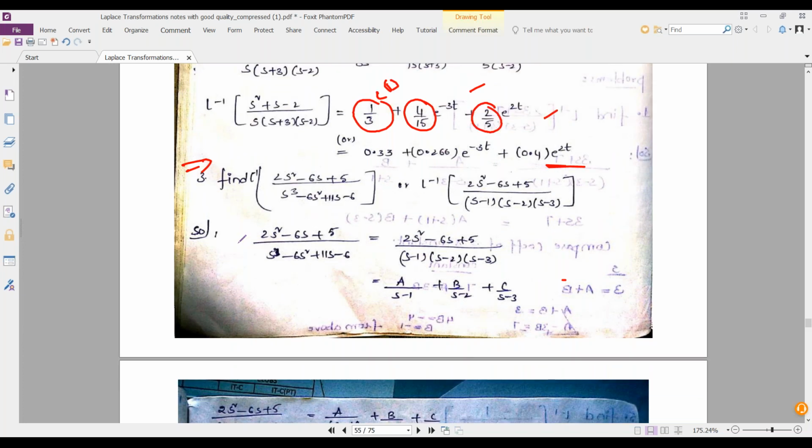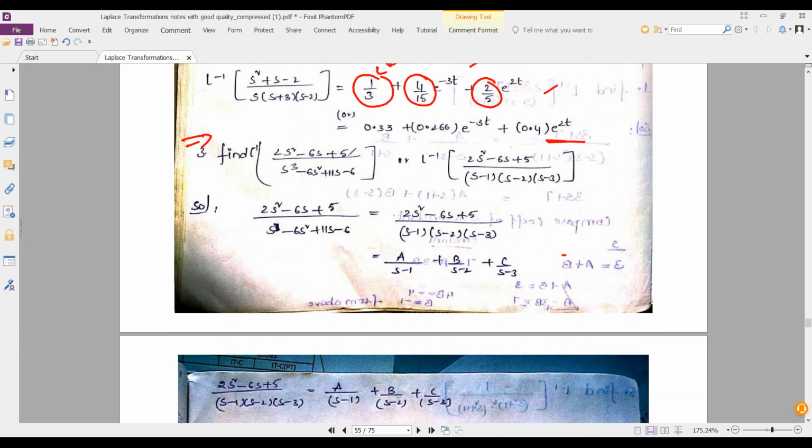And in this, find the inverse Laplace of s square and s cube without any second thought. The first priority to be given here is whether the denominator can be split as a product of linear factors or not. If we can split that, the problem would be quite easy. So this one can be written as A by s minus 1 plus B by s minus 2 plus C by s minus 3. Then A, B, C can be calculated quite easily.